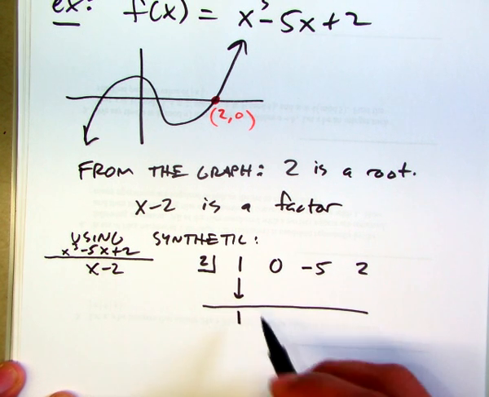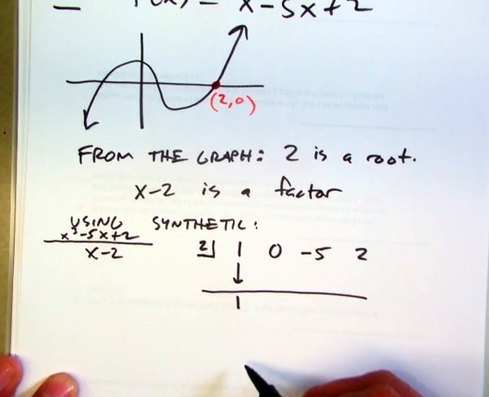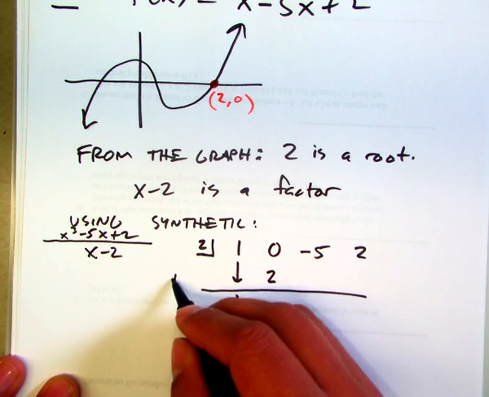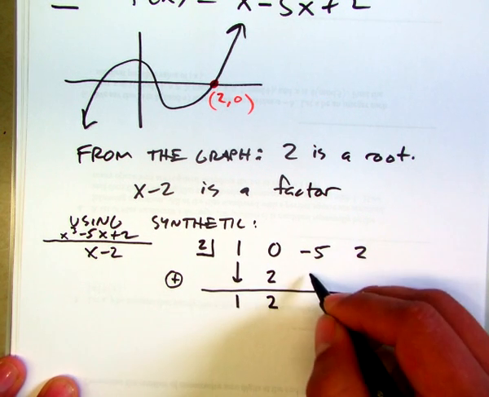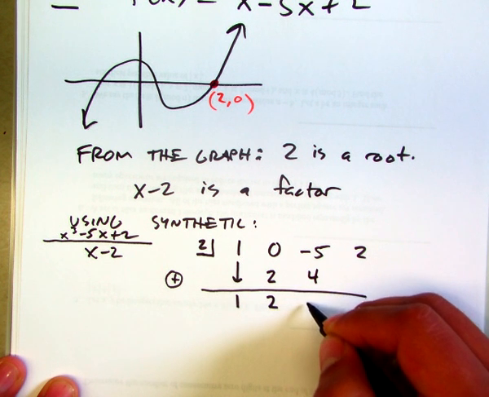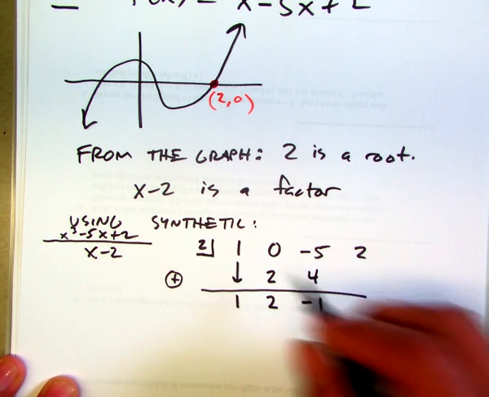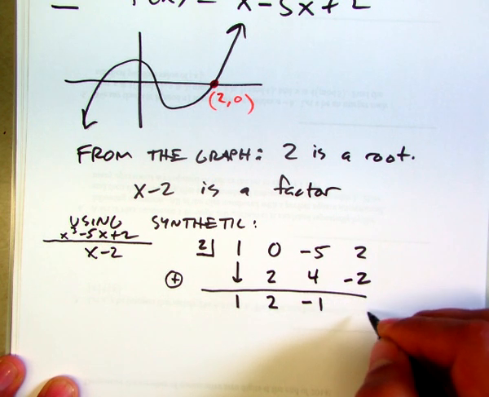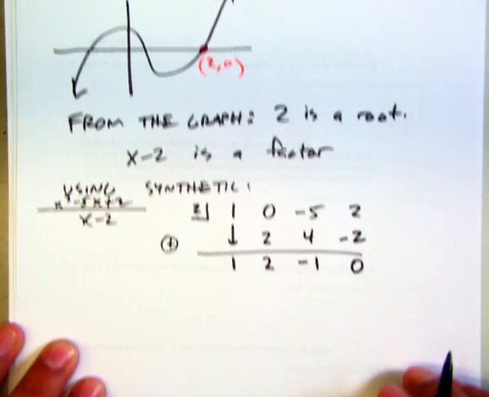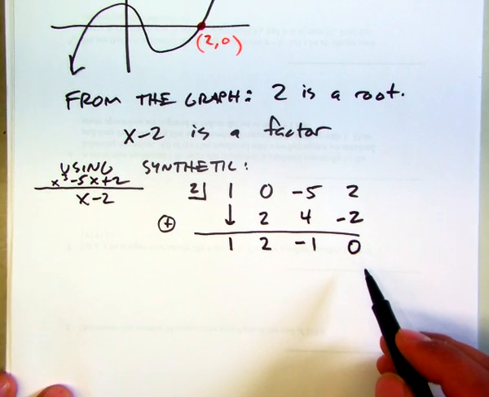You multiply 1 with 2, 2, and then we just add when we're doing synthetic, right? So now we get 2. 2 times 2 is 4. Add them up. Negative 1. Negative 1 times 2 is negative 2. Add them up. 0. So, I mean, this confirms that we have a 0 remainder, right? More importantly, though,